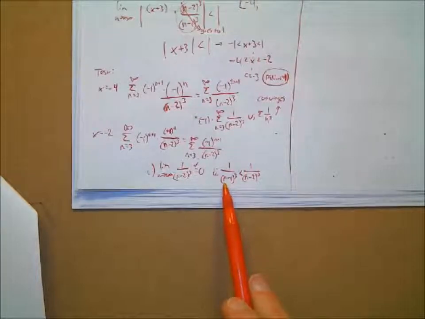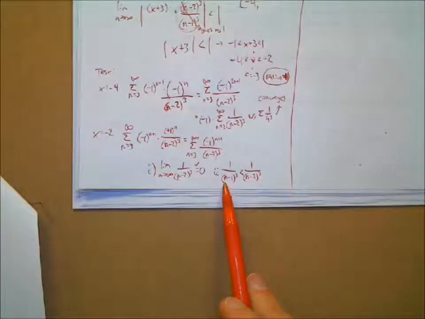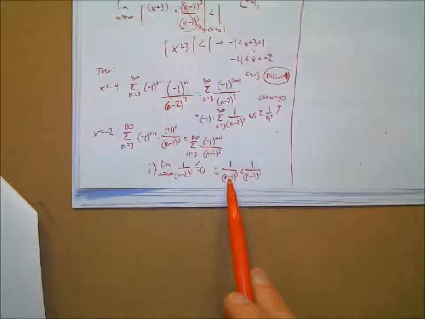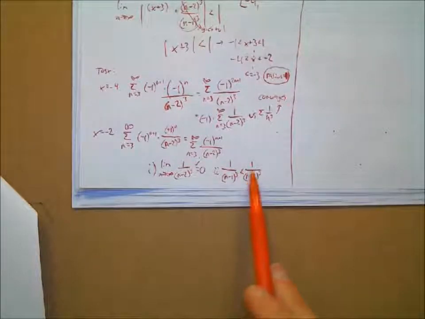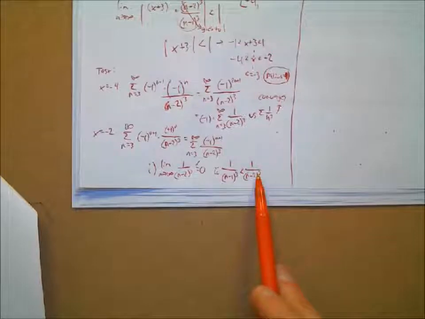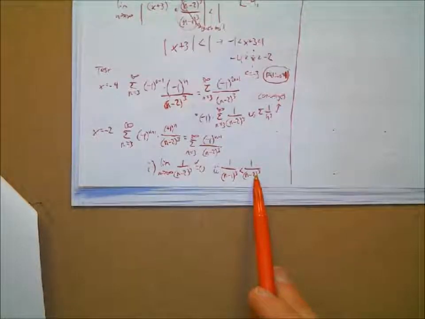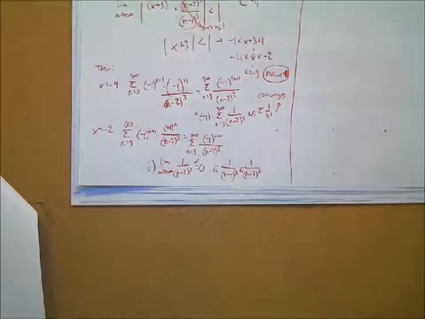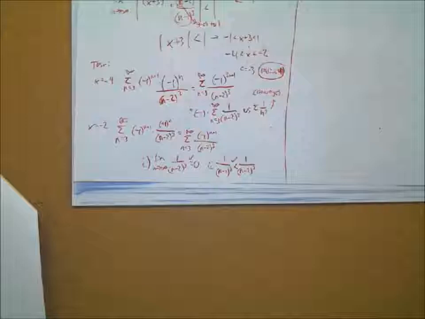Let's just pick a value here. Let's just say, like, 10. So 10 minus 1 will be 9 to the third, 1 over 9 to the third. Is that going to be smaller than 1 over 10 minus 2, 8 to the third, right? 9 to the third is going to be a bigger value, but then 1 over that will be smaller there. So this is true too. This holds true, right? And so it converges